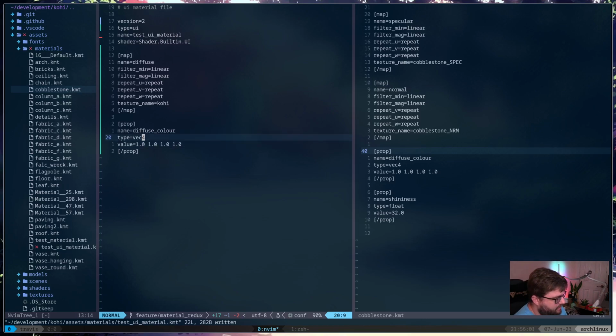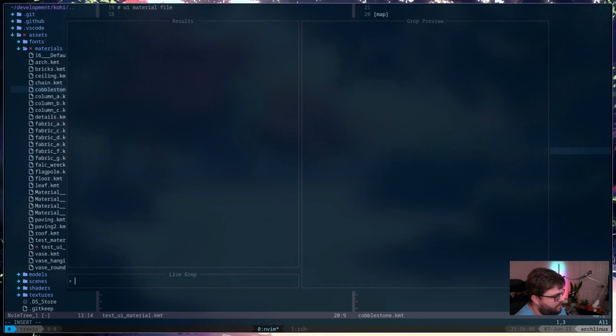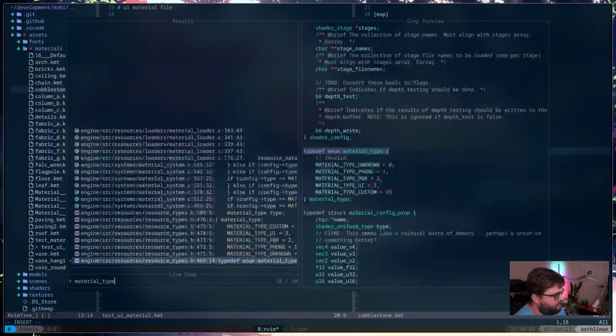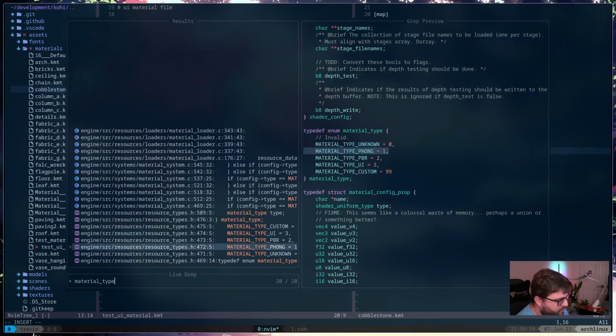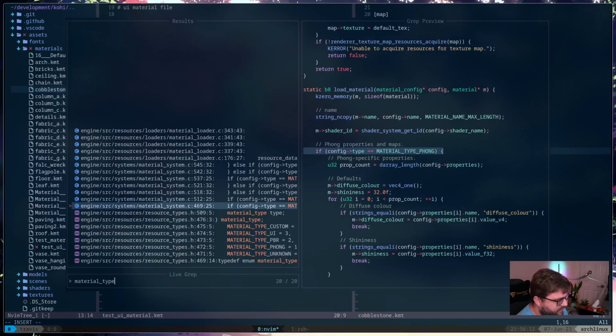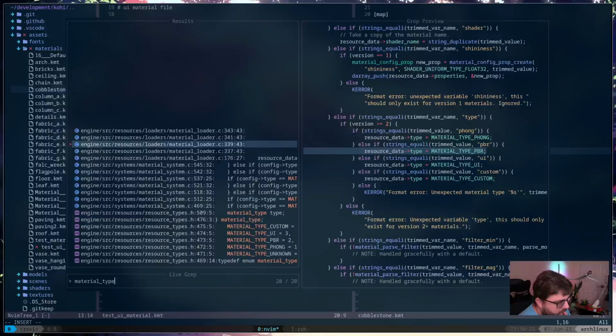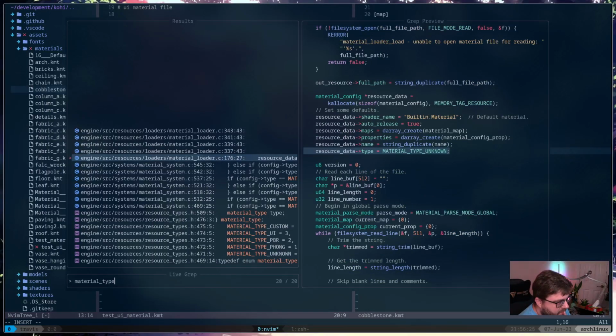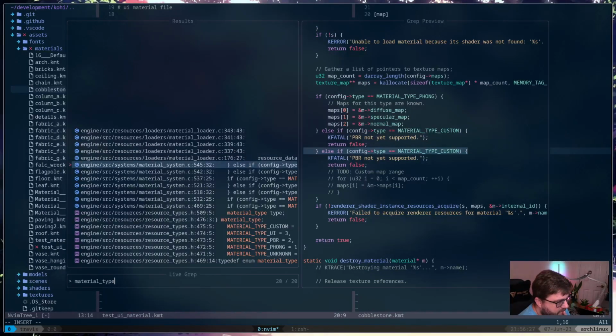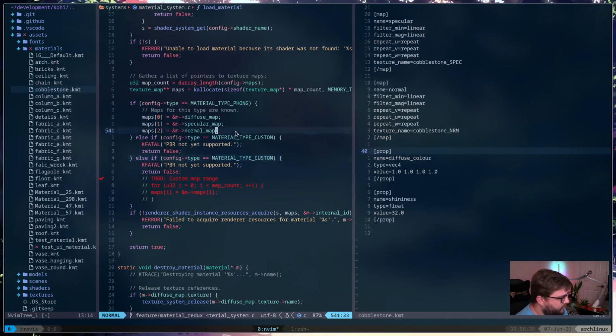Let's see. There's a few places where we check for material type, so let's have a look at that. It's mostly going to be in the material system, I think. Let's see. So we set it here. When we parse it, that's our default. Okay, so let's, I guess, go ahead and do this one first.